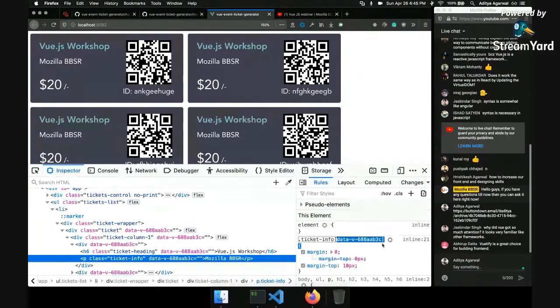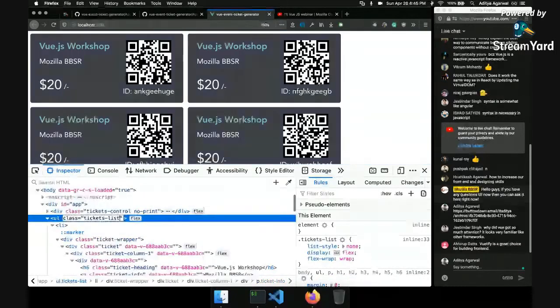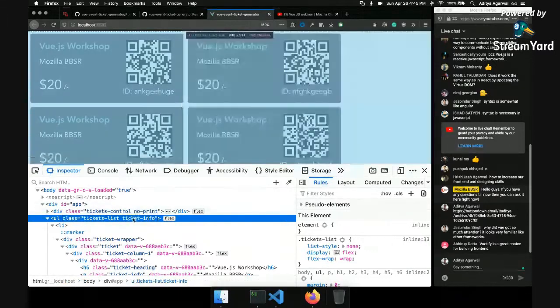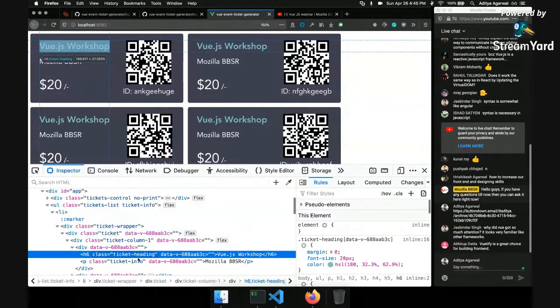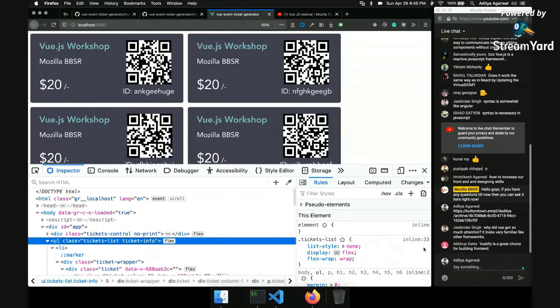So it will only work with the ticket info which has this data-v. And if I put ticket info here, it will not do anything, because the selector is ticket info plus this data thing, and we don't have it here. That's how Vue makes sure your styles remain scoped. So in your component, it is a good idea to have scoped styles. If you have some styles which are for the whole page application, then you can put them in the app without scope.